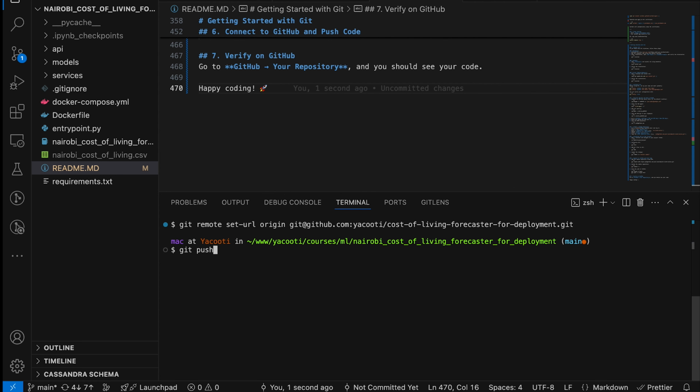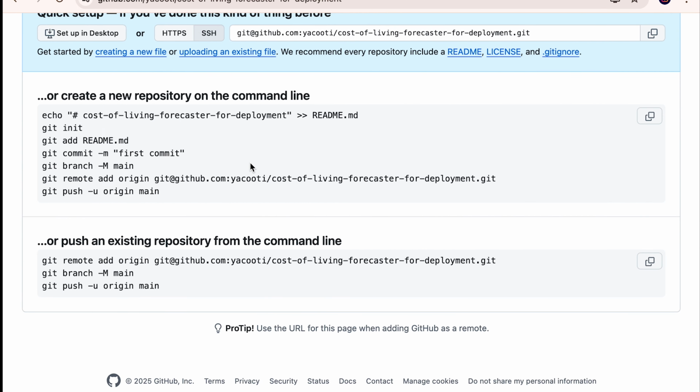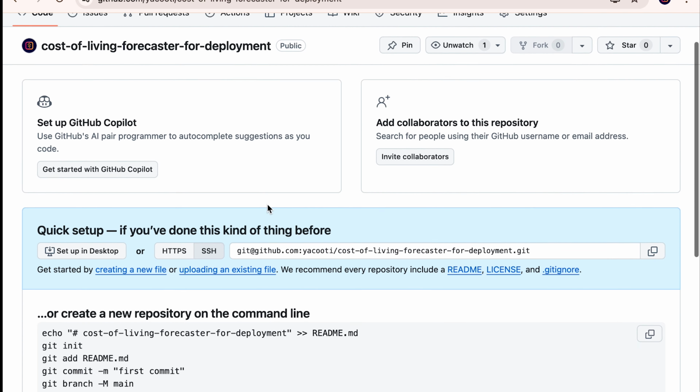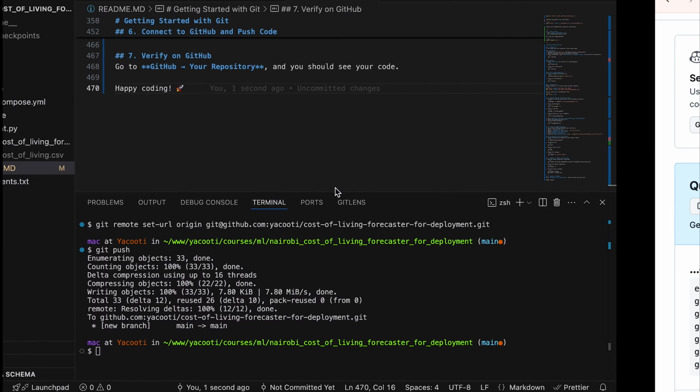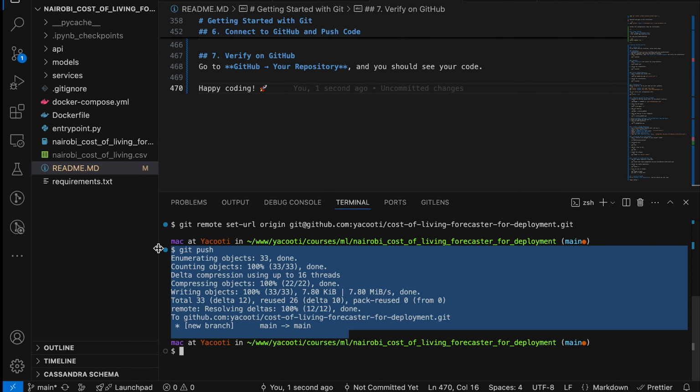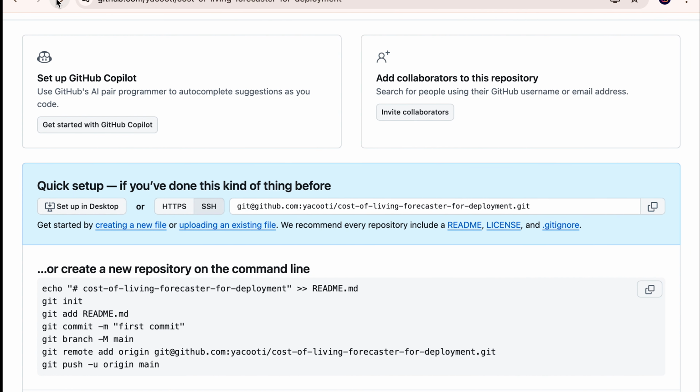And then now I can push. So now it will push to my repository instead of pushing somewhere else. And remember to always click on SSH. So it has pushed my changes to this. So if I reload,